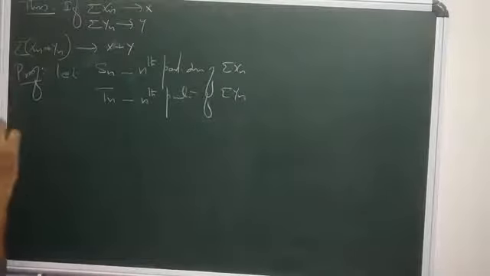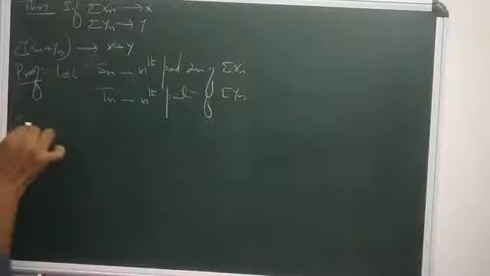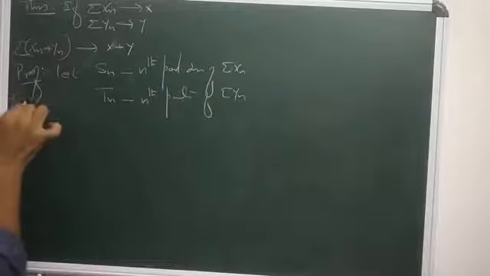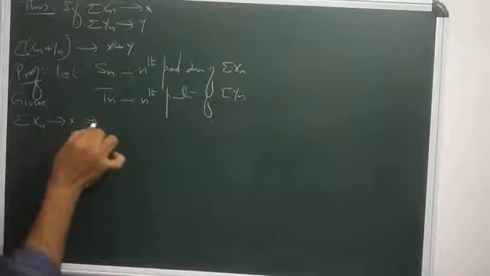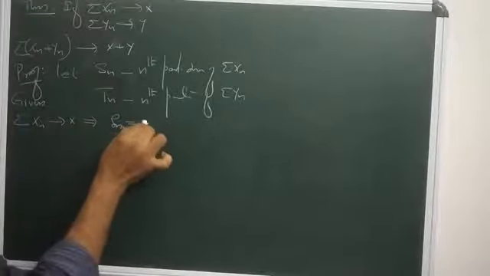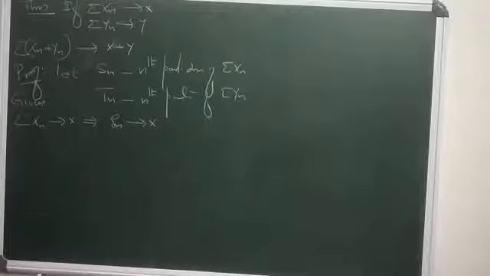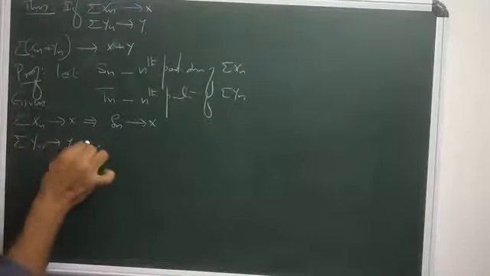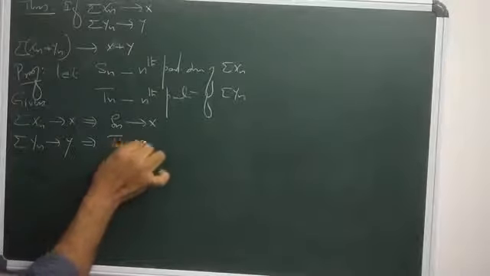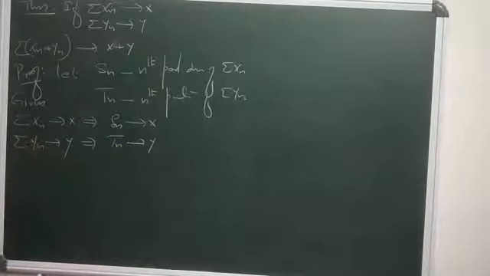Now listen, we know that sigma xn converges to x. This is given. That means its nth partial sum Sn also converges to x. Sigma yn converges to y. That means its nth partial sum Tn converges to y. Okay. Now,